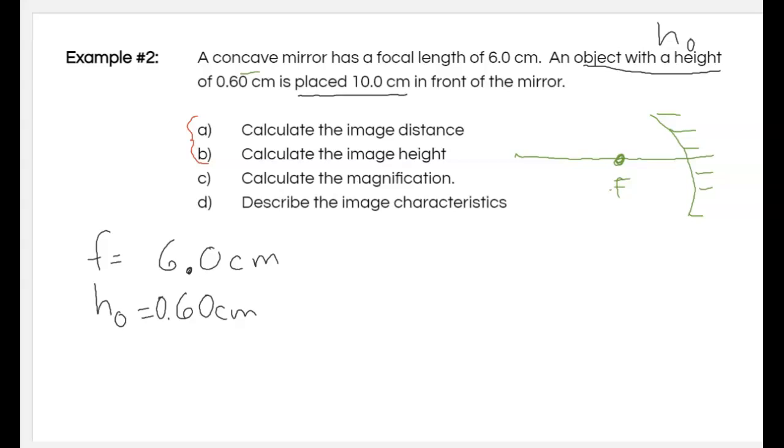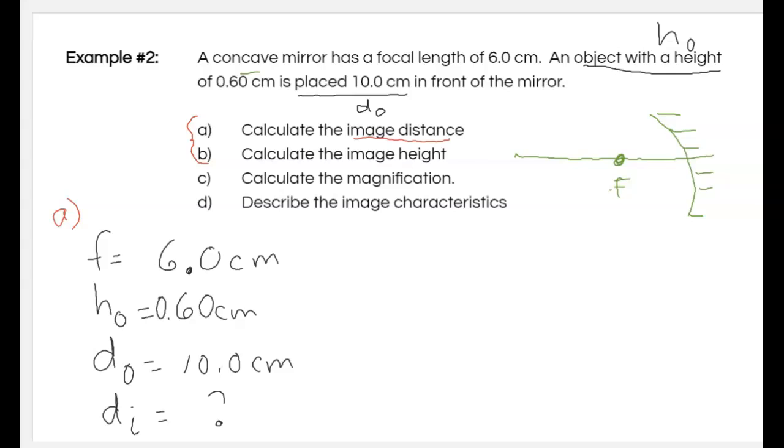So that is my DO. Right? And so in part A of this question, I'm asked to find the image distance. So if this is part A, then I know that what I'm looking for is DI,